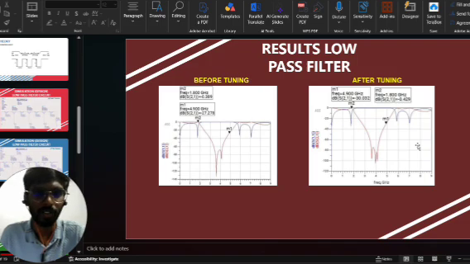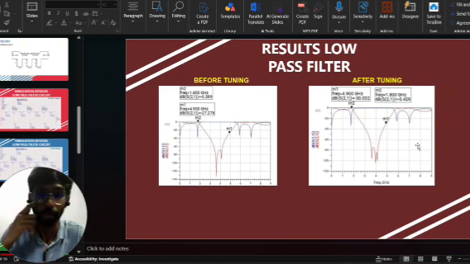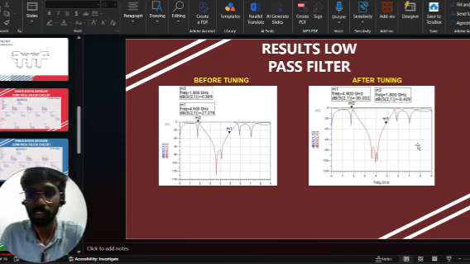This graph compares the frequency response before and after tuning. Before tuning, the insertion loss at 4.9 GHz was only 27.278 dB, which failed to meet the required 30 dB attenuation. After the tuning, as you can see here, the insertion loss improved to 30.032 dB at the cutoff frequency of